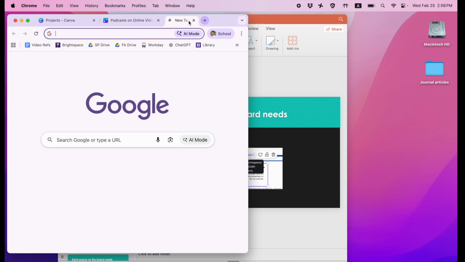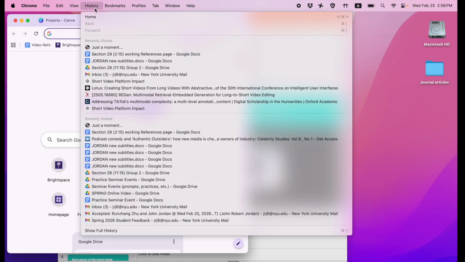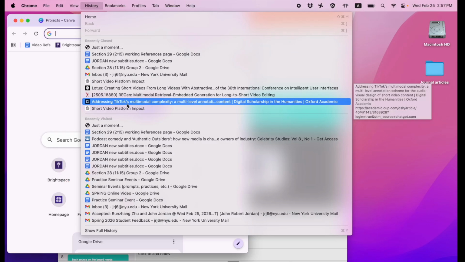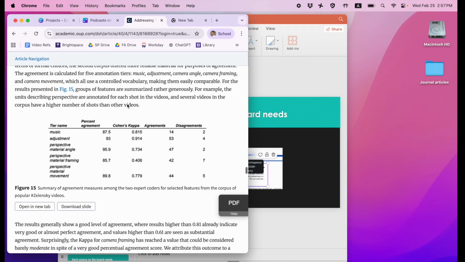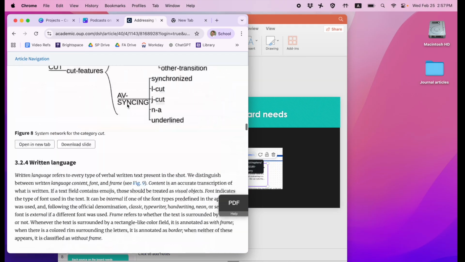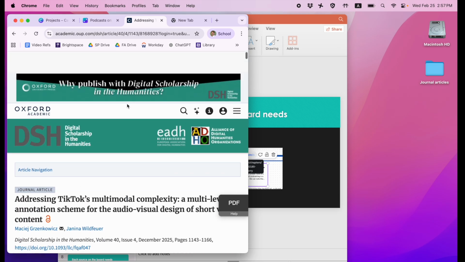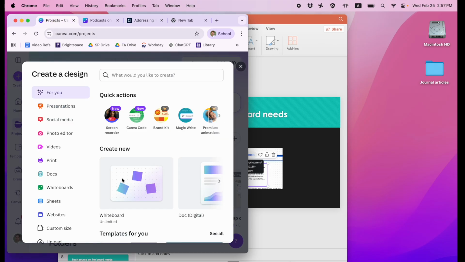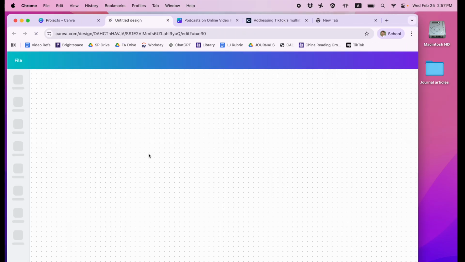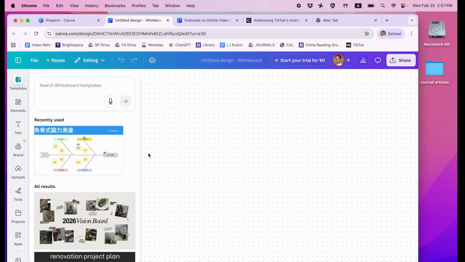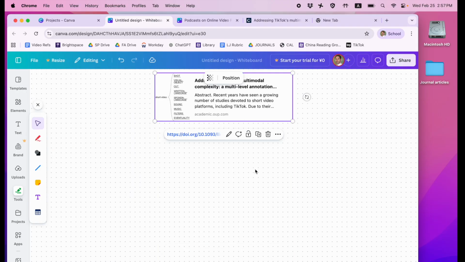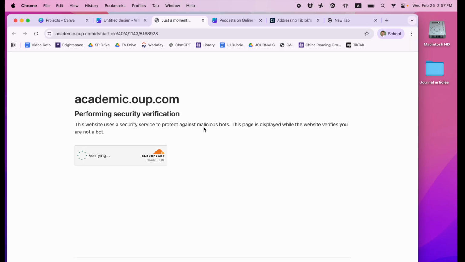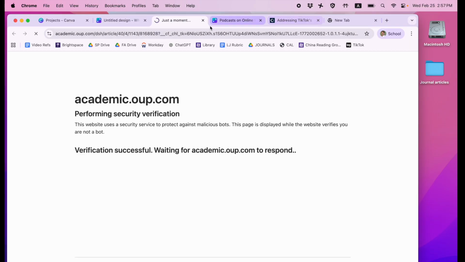One cool thing that you can do is if you have an academic article like this, you can take its DOI and copy that link address. If you have a project and you've copied that and you just paste it, you'll get something like this: a little box that shows where the article is and gives a link to anybody that wants to look at it. So you can just paste links into that, and in general,